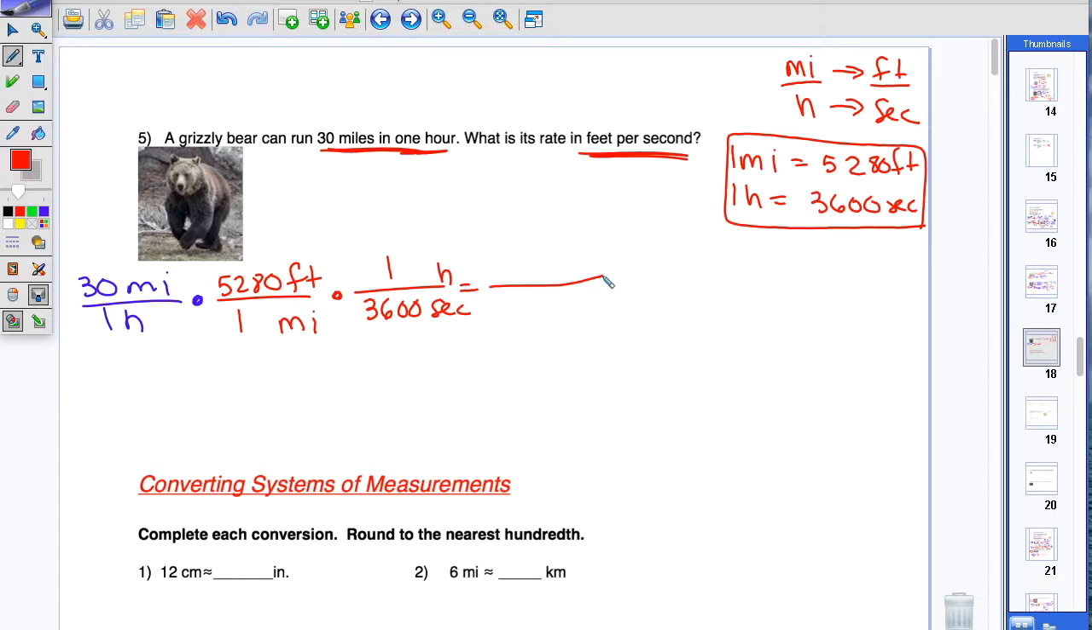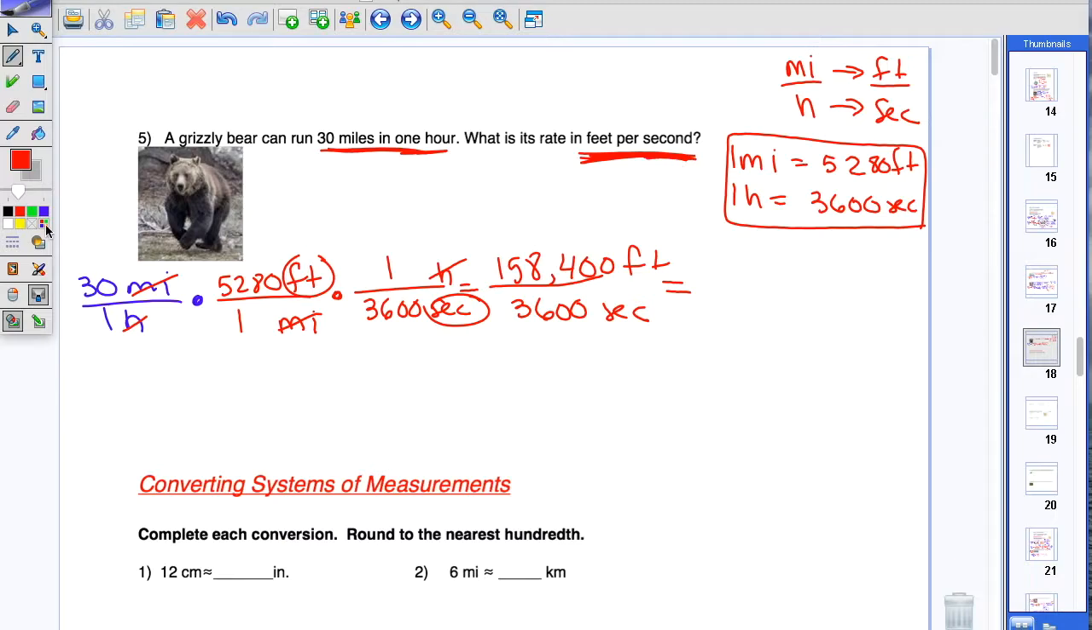Using your calculator, multiply 30 times 5,280 to give you 158,400. Make sure those units cancel out. We canceled out our hours. We cancel out our miles. So this unit should be feet because we want to go to feet per second. So now in the denominator, you're going to multiply across. 1 times 1 times 3,600, and we end up getting 3,600 seconds. We need to find out how many feet per second. So far right now we have